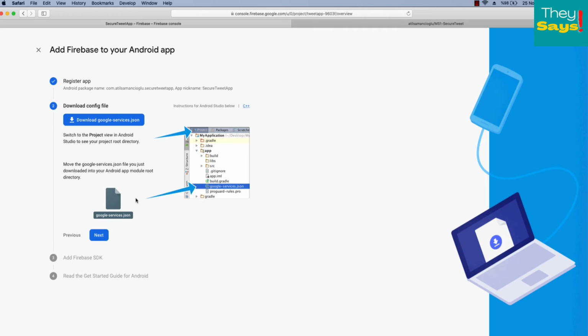Next thing, it asks you to download a configuration file. This is very important. If you don't do this step, then your Android Studio project will not be connected to your Firebase project. So this is the file that lets us connect our project to the Firebase server, and it has the configuration, like the usernames and keys and passwords and hashes and stuff. In order to make it work, you have to click on this download google-services.json and it will download